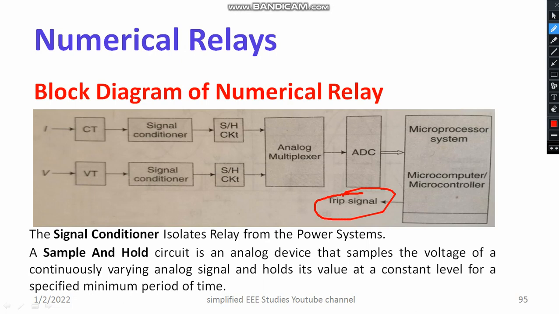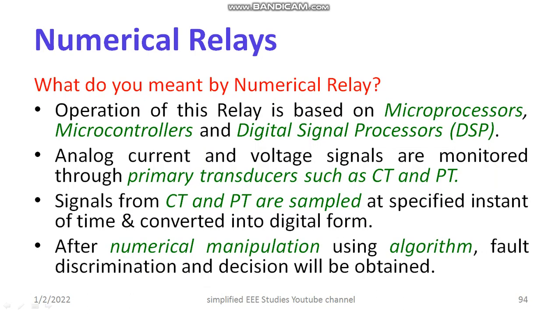Okay, so this is about numerical relay. I hope you understood. So let me re-explain. Current and voltage, that is measured with the help of instrument transformers. Then it is fed to analog multiplexer. Then ADC. In between we can see signal conditioner device for providing an isolation, and a sample and hold circuit to maintain the proper ADC conversion. Based on the input which you received, the microprocessor is going to operate. Thereby, it decides the tripping need to be done or not. So, the same details I have mentioned here.